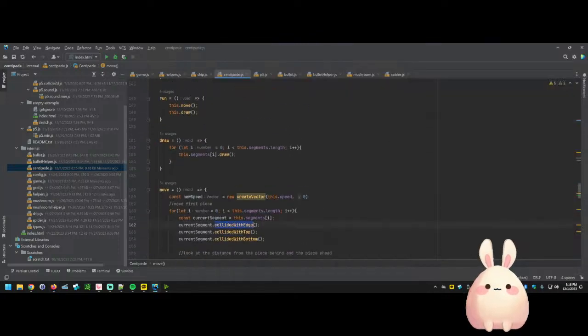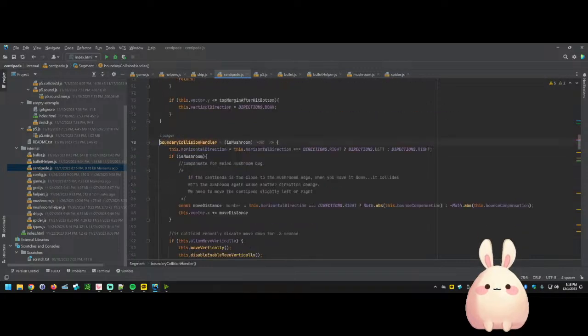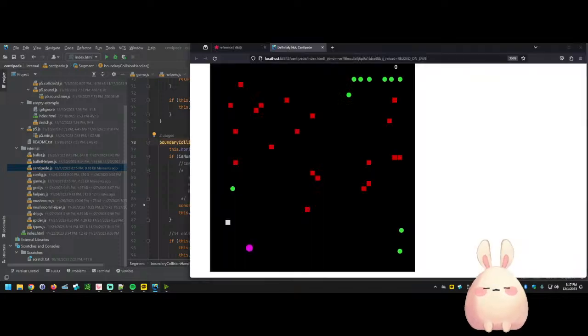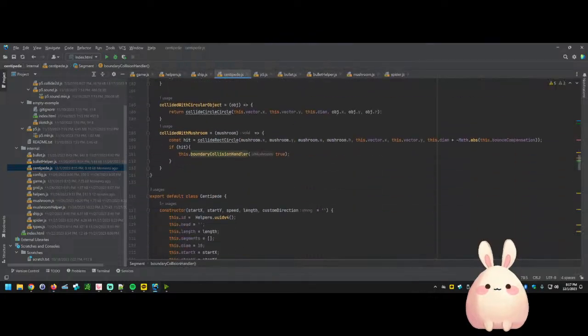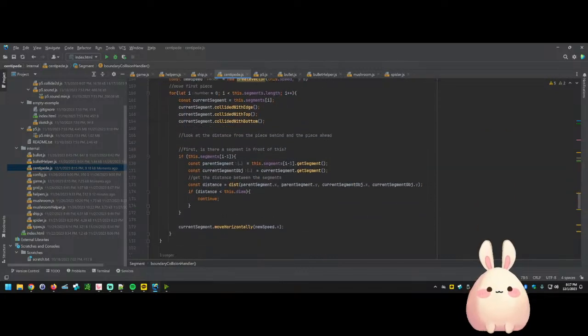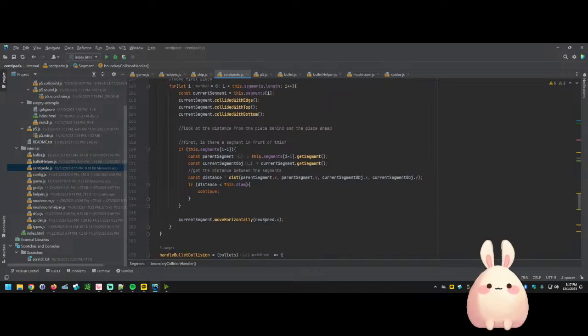Collided with the edge. So let's see what happens when that happens. We collided with the edge. Then move this distance, compensate. I don't think that's right. I think there's a couple different things that I'm messing up. So let's take a look at this. If the distance as we move, we only care about the vertical. So really,